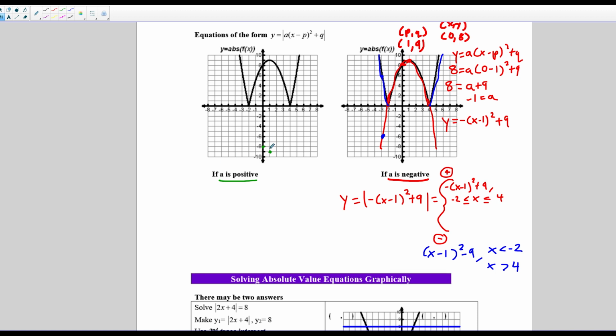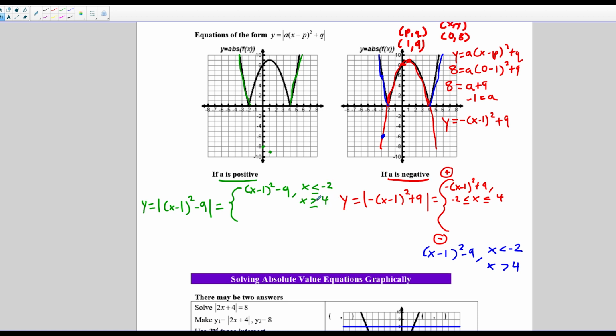From there, using those two points, we end up with a piecewise function that looks like this. So y is equal to the absolute value of just a positive a (x minus 1) squared minus 9. And for our piecewise sections, we have the positive portion where we'll have (x minus 1) squared minus 9. So remember, this top portion is really just this right here. So we're looking at the two arms, meaning we're looking at that part and this part. When is it positive? We're looking at it when x is less than or equal to negative 2,